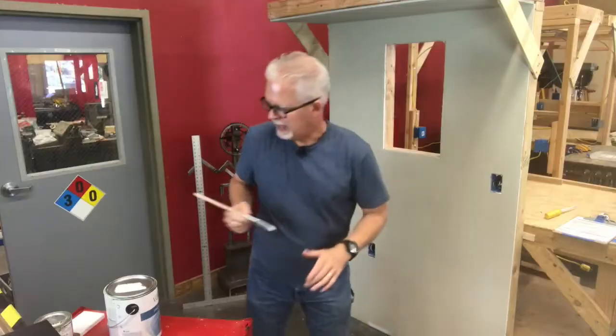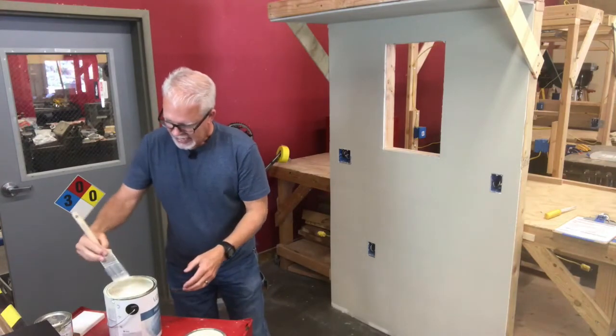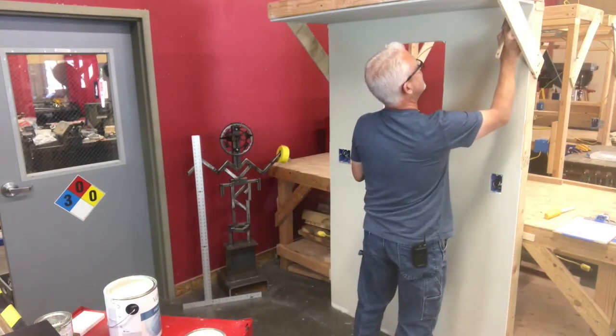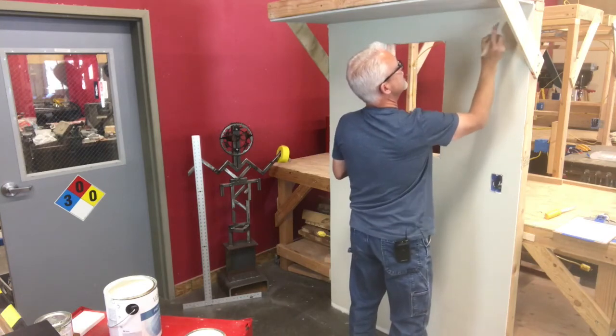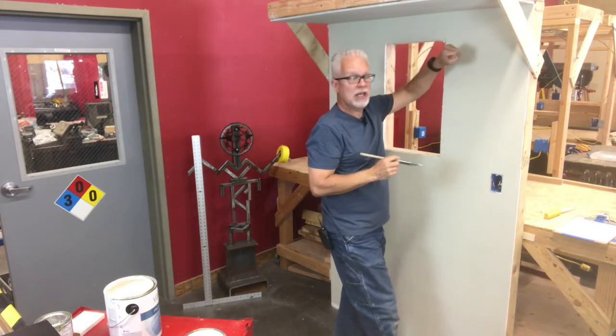So I'm going to come back and take just my little trim and sash brush here. I'm going to dip it into our color, and we are just going to lightly touch up those spots, and it's super important that we feather out the edges. So we're just not going to glob paint on there. We're going to get some paint on it, and then we're going to lightly brush out the edges so that it feathers back into the rest of the wall color, and we don't look like we just globbed a bunch of paint